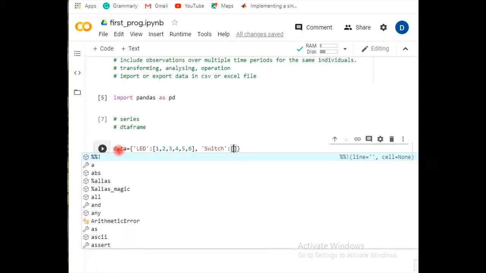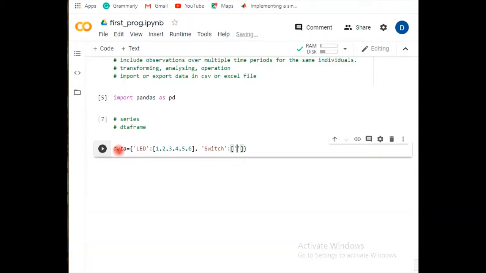So I'm giving the switches colors: red for 1, green, blue, orange,